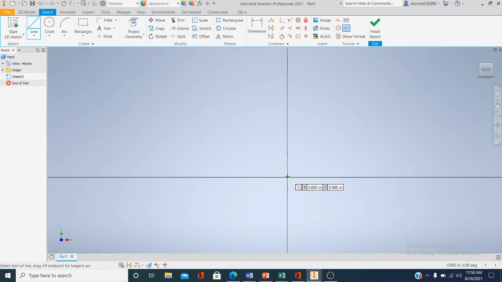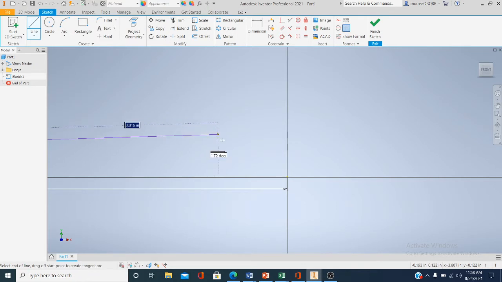And when I move it to the origin, you'll see a green dot appear. I'm going to left click with my mouse button and drag out. You see I've anchored my line, and as I move my mouse, it's like a rubber band effect. Now I'm going to move it over here, let's just say, I don't know, 4 inches. And you say, Mr. Morris,